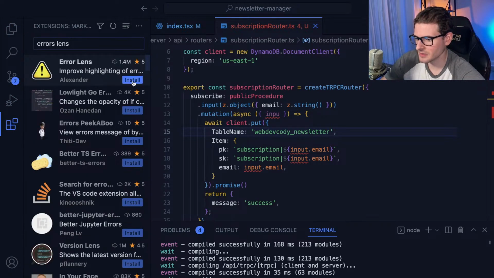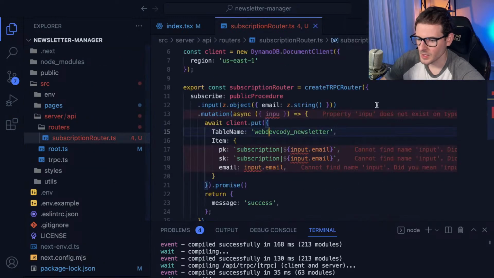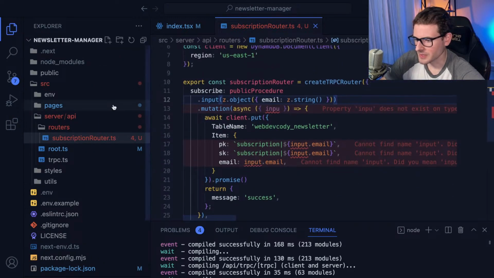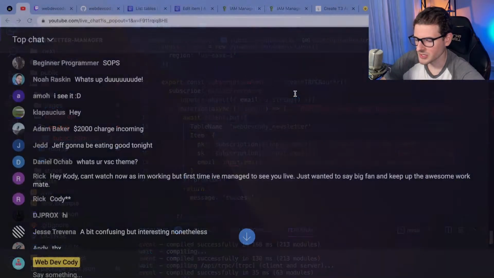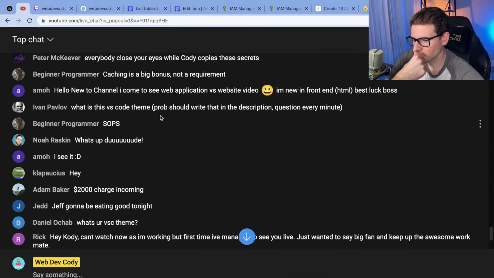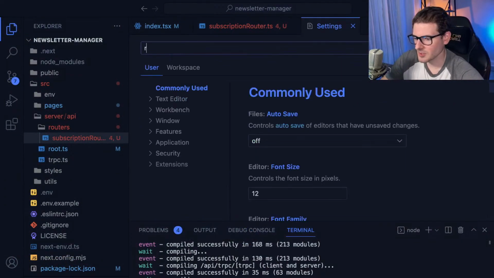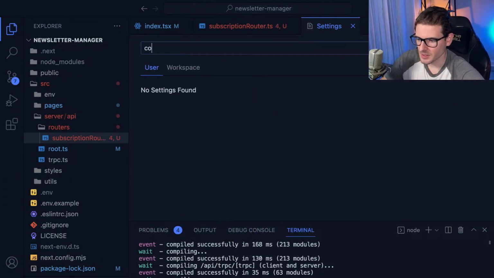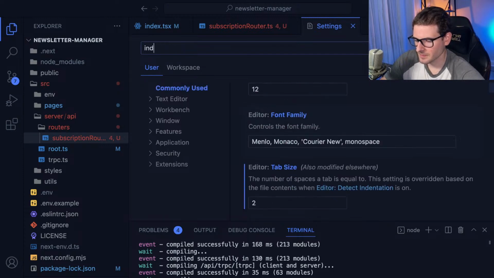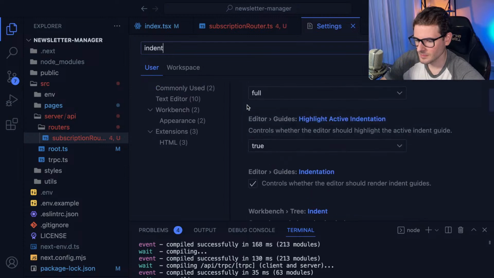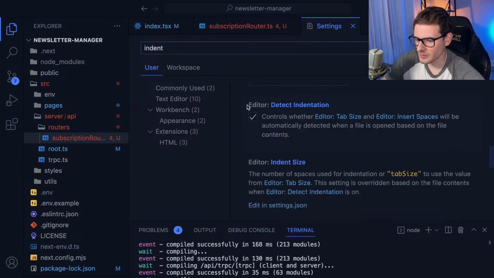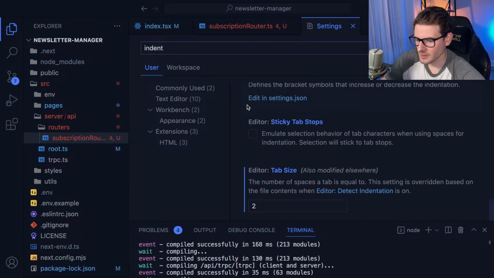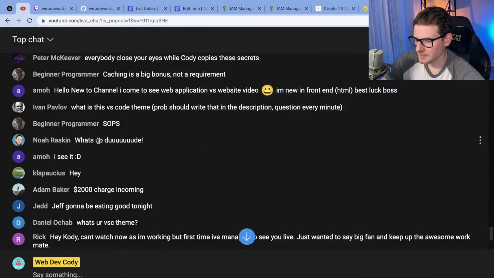In fact, I'm missing that. So let's just add Errorlens in real quick. There we go. Now I get a bunch of red stuff everywhere. I'm sure there's other extensions I'm missing. There's one called Rainbow, a color indent or something. It's actually built into VS Code, I believe. I forget what it's called though. It's not that important to figure out.